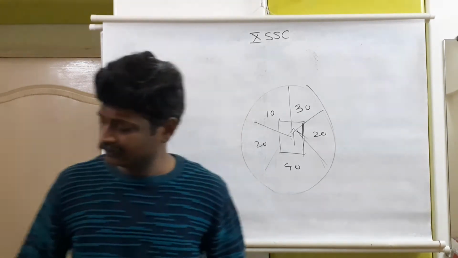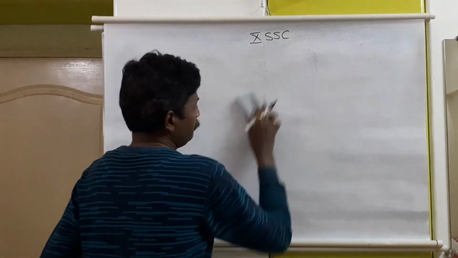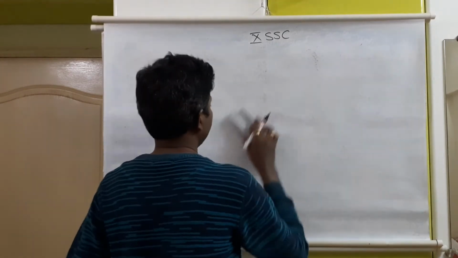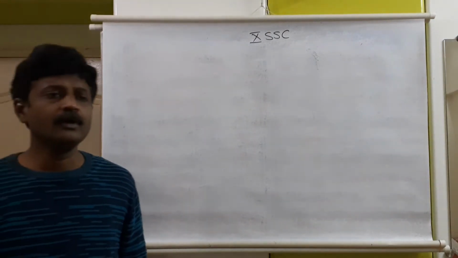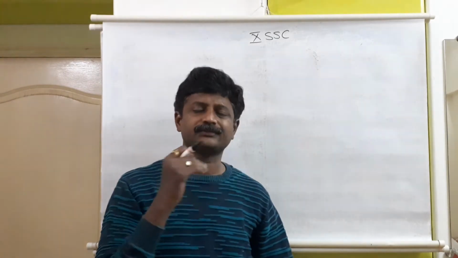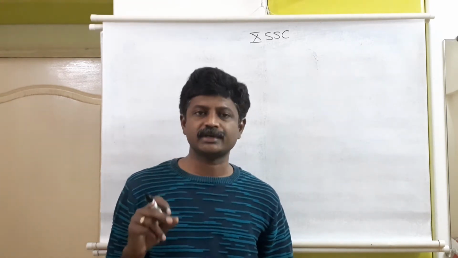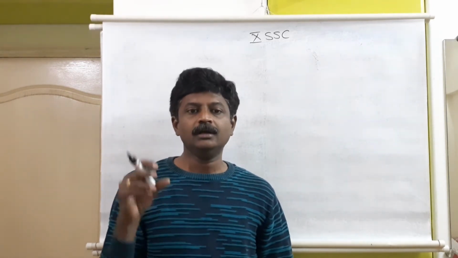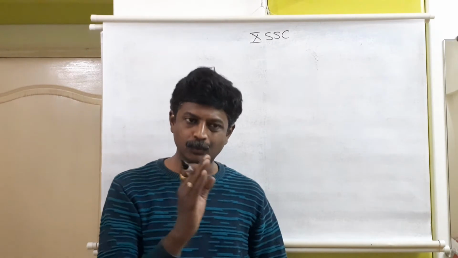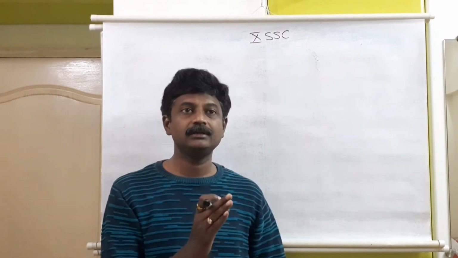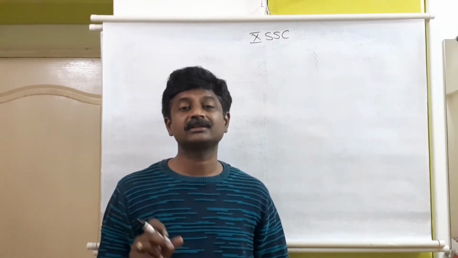When teachers do B.Ed or D.Ed, which is nothing but the degree required to be a teacher, after graduation they go for this training to be a teacher. Bachelor in education or diploma in education is D.Ed. At that time there is one sentence: one picture can be equivalent to 10,000 words. One picture can be equal to 10,000 words.